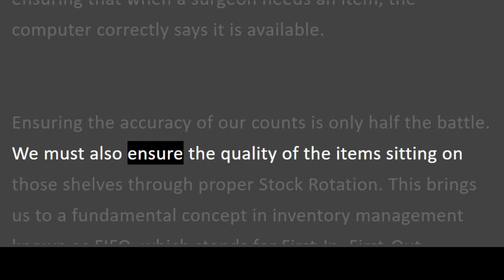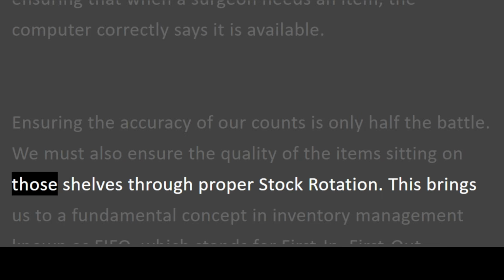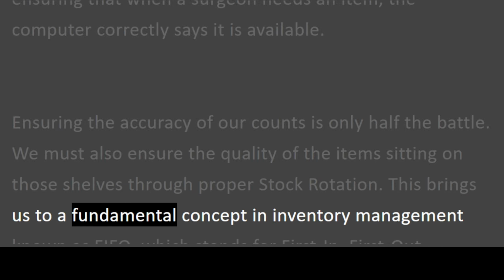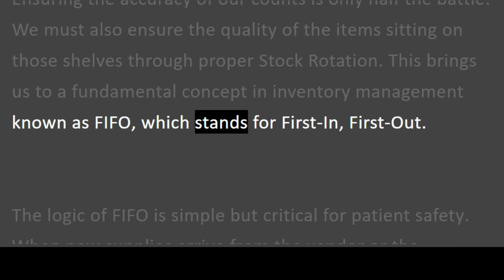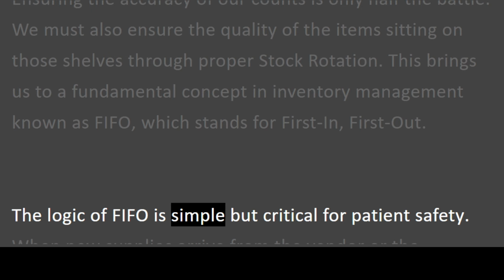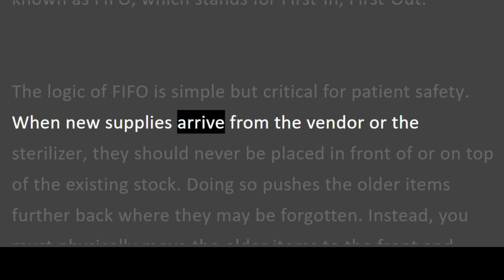We must also ensure the quality of the items sitting on those shelves through proper stock rotation. This brings us to a fundamental concept in inventory management known as FIFO, which stands for first in, first out. The logic of FIFO is simple but critical for patient safety. When new supplies arrive from the vendor or the